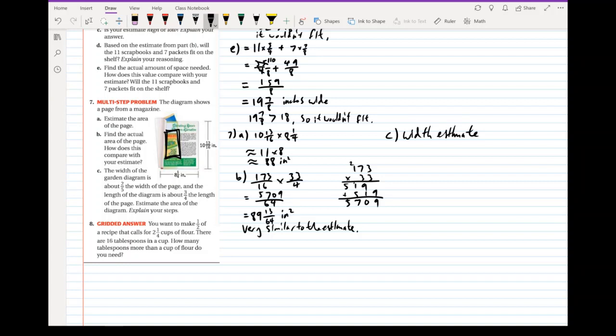It will be 2/5 of the actual page, which is 8 1/4. So 2/5 times 8 1/4. And for us to estimate, maybe this one we don't need to estimate, or maybe we can estimate by